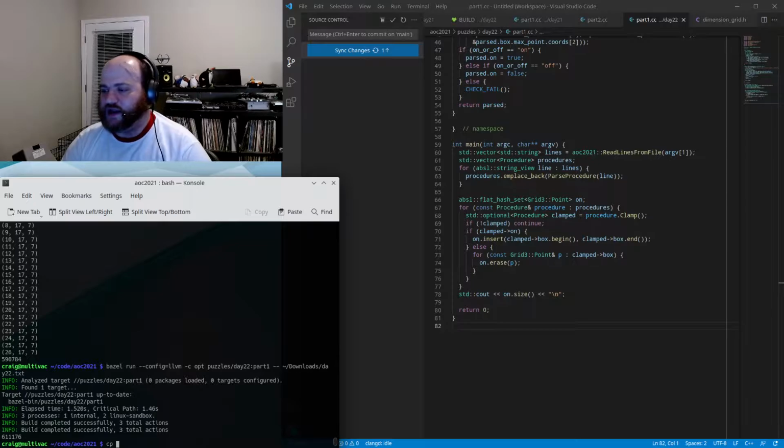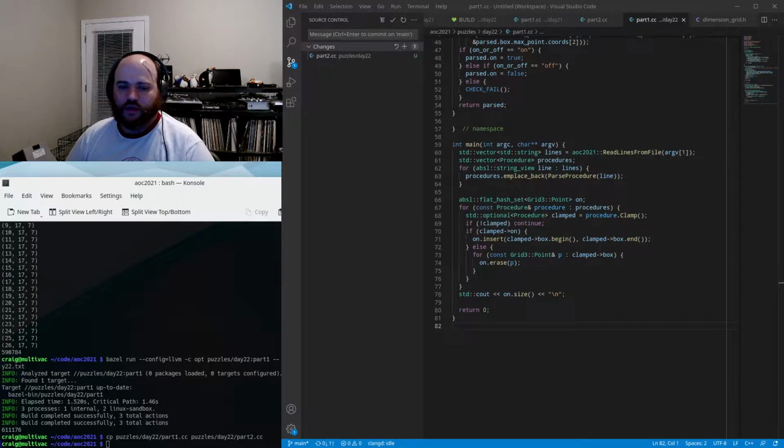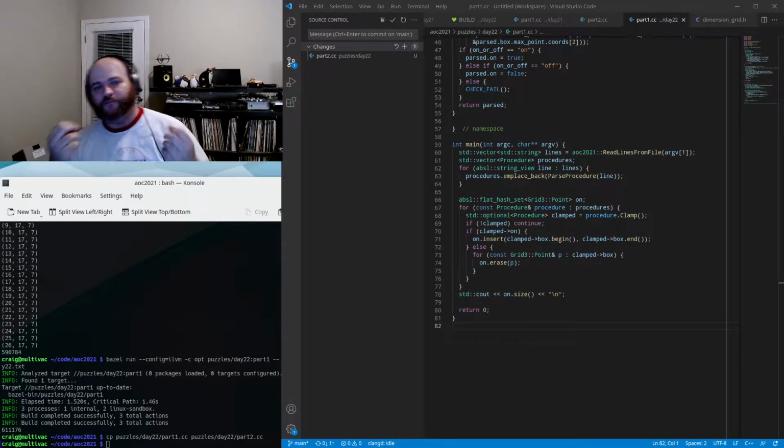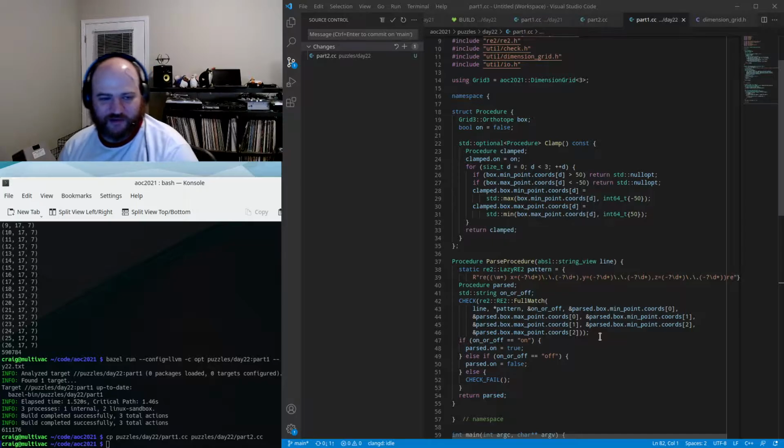I'm going to go ahead and copy the part 1 source code, and we'll use that as the basis for part 2. So, even if you take a bite out of one of these orthotopes or hyperrectangles, or not exactly cubes,